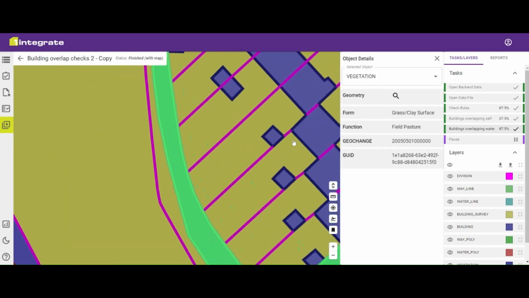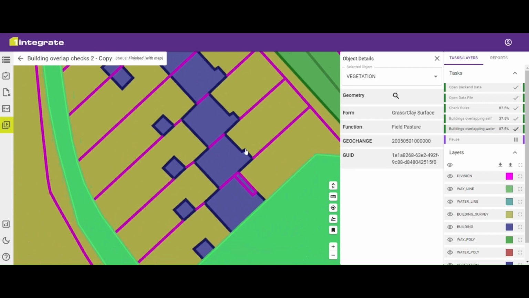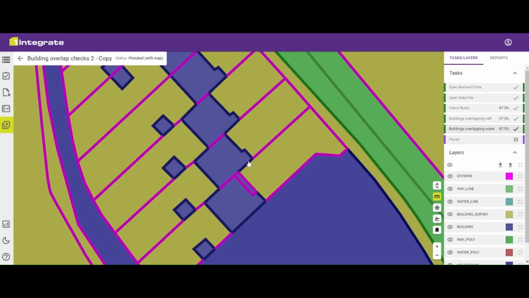Now if we look at some of the other features from the map tools in the bottom right hand side, we can measure distances within our map by clicking the measure tool and pointing and clicking and double clicking to finish. I can then click the measure tool again to clear that. I can pick a point from my map, which means I can click anywhere. It will copy the coordinates from that point on the map.